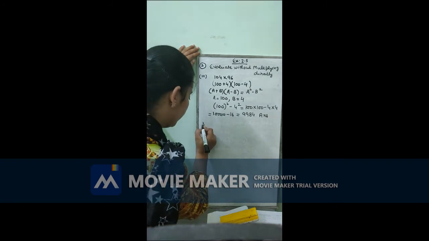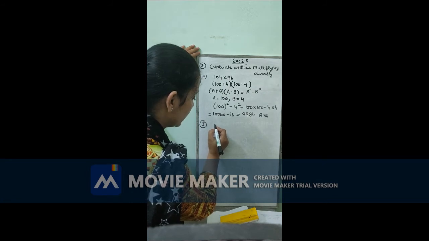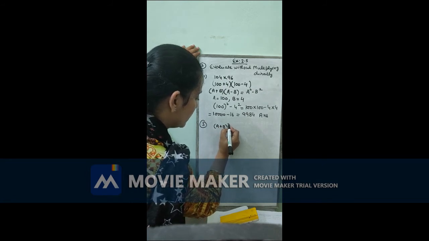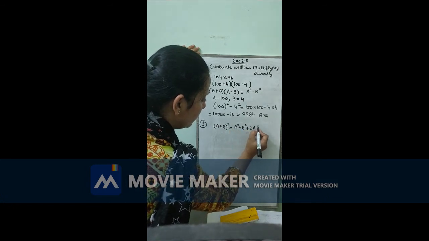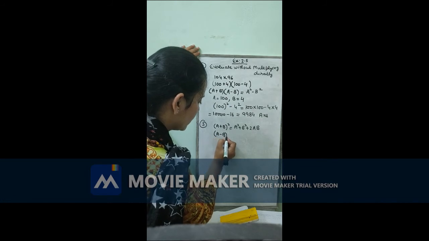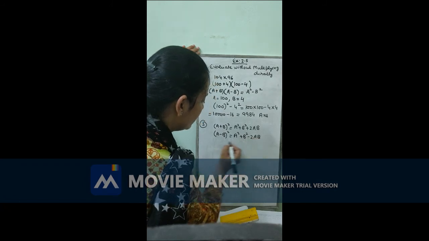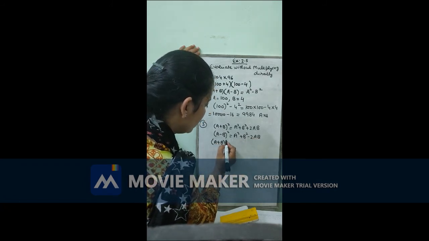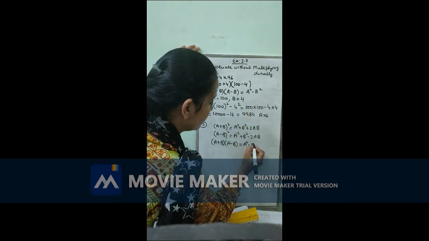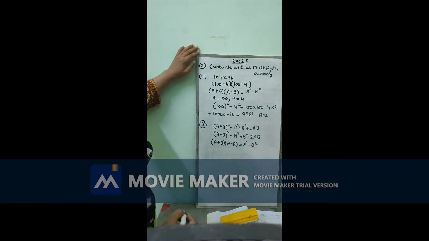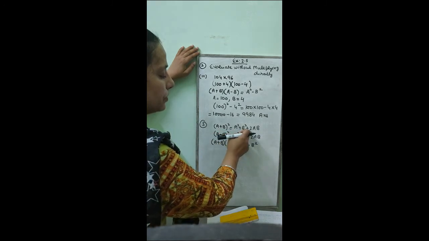Now in third sum, 9th standard, third sum, we will use these three identities. First is (a plus b) whole square, that is a square plus b square plus 2ab. Second is (a minus b) whole square, that is a square plus b square minus 2ab. Third is (a plus b) into (a minus b), which we are using in this sum also, a square minus b square. Here I want to make you one thing clear. Identity can be used from both the sides, either from this side or from this side.